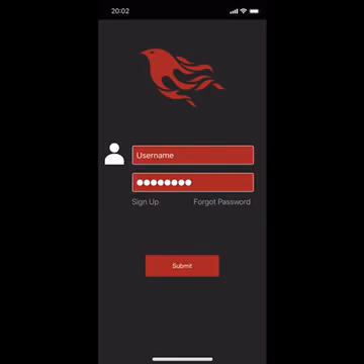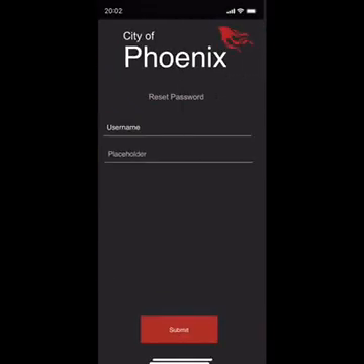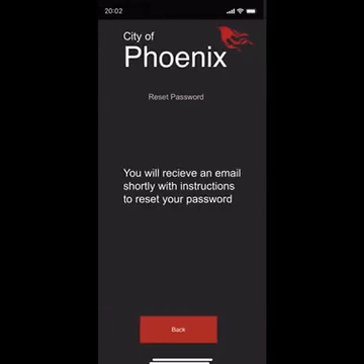Now, if the user already had an account and they needed to reset their password, they could just go ahead and click on forgot password right in the bottom. And from here, it shows that they're under reset password. They need to put their username and email address. Well, not their password, their username and email address, as I said the first time, sorry. Then they would go ahead and reset their password,